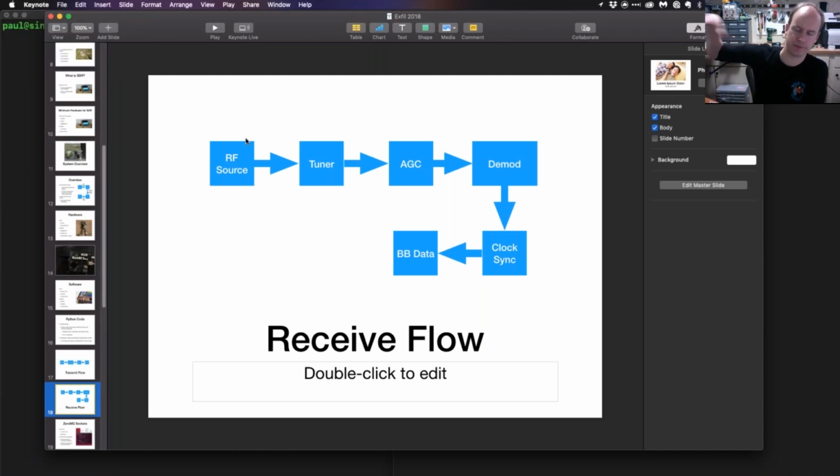And so at the top level, it's got an RF data source, which, again, is GNU Radio's way of interfacing with the SDR hardware. So that means the SDR is receiving data, which comes through this portion of the code and then goes into a tuner, which figures out where the signal is that we want to get. And then it goes into, in some cases, an automatic gain control.